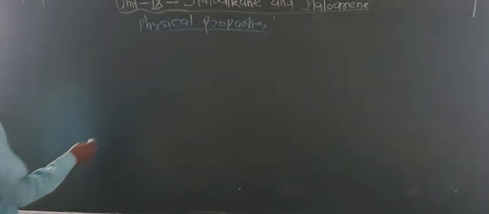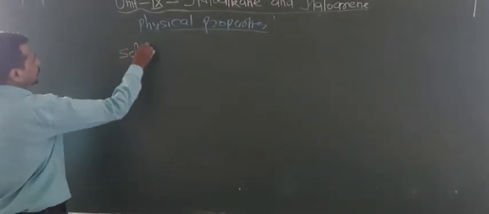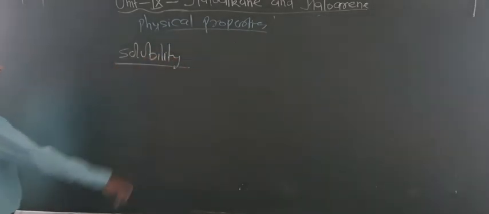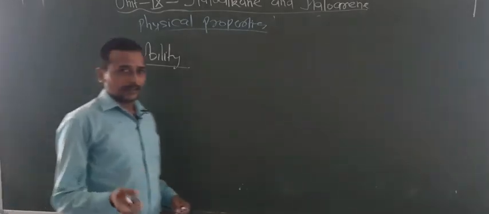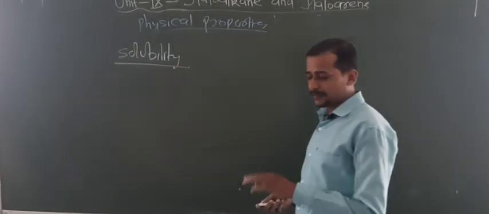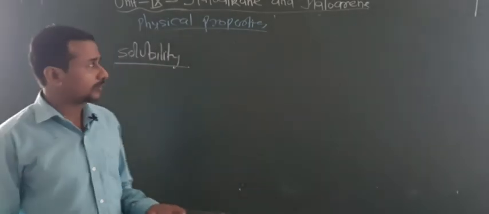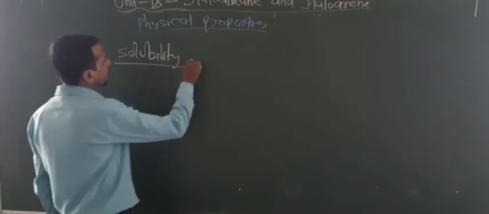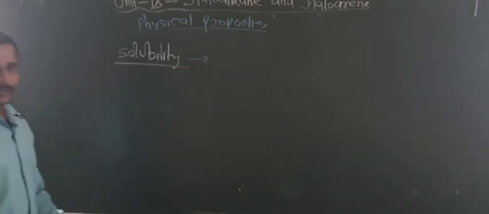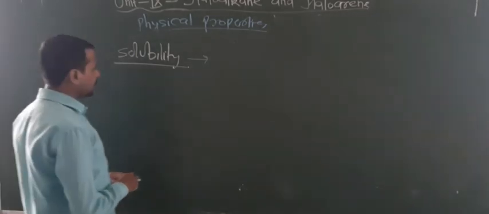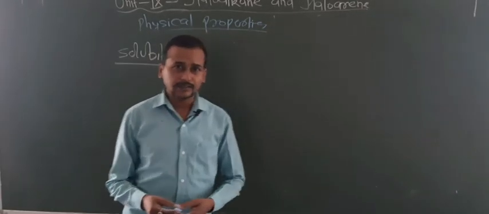Now students, the next point in physical property is solubility. As in the case of alcohol, phenol, ether, that is in this chapter, carboxylic acid and amines, you can talk about the hydrogen bonding, but here there is no requirement of hydrogen bonding. Look at here, one question arises, haloalkanes are polar but they are not soluble in water. This is the reason, they do not form H bonding with the water.